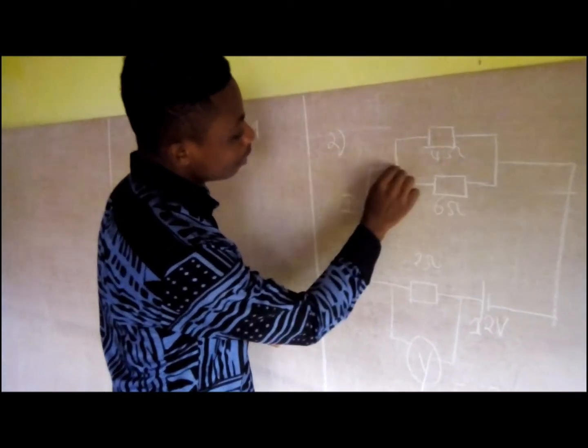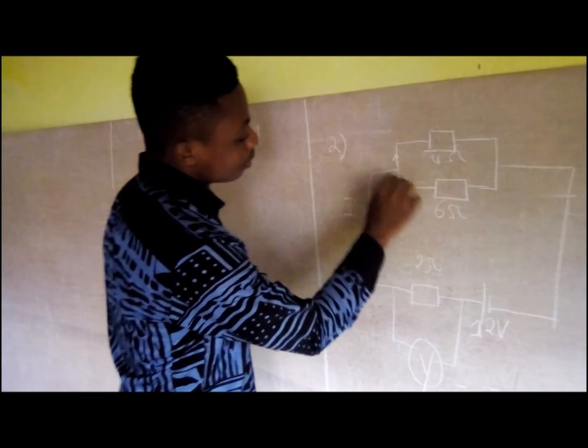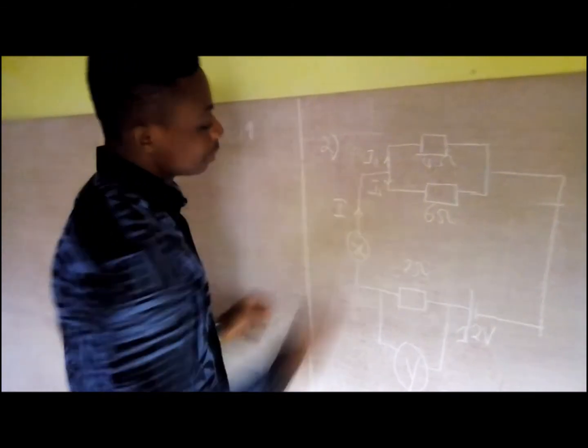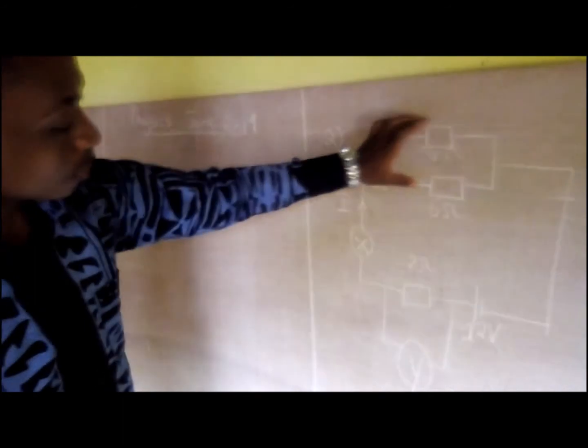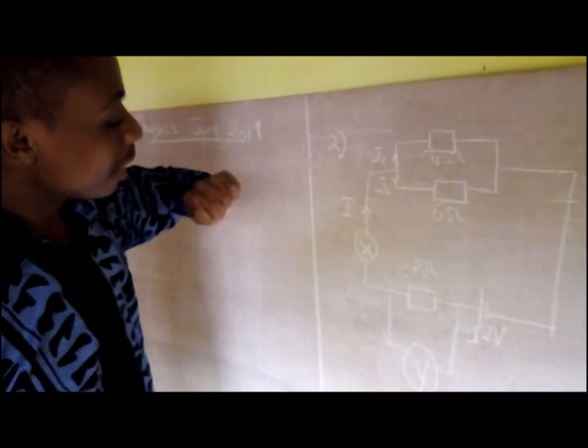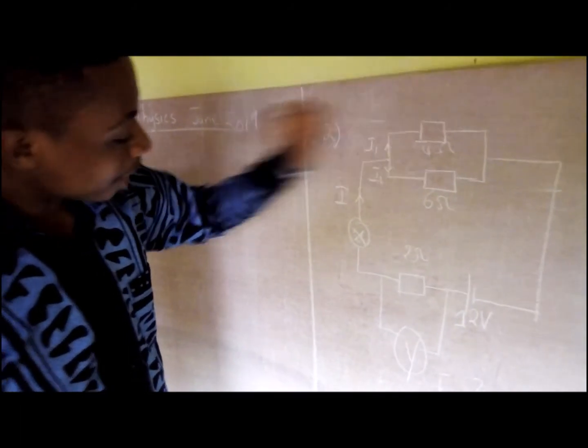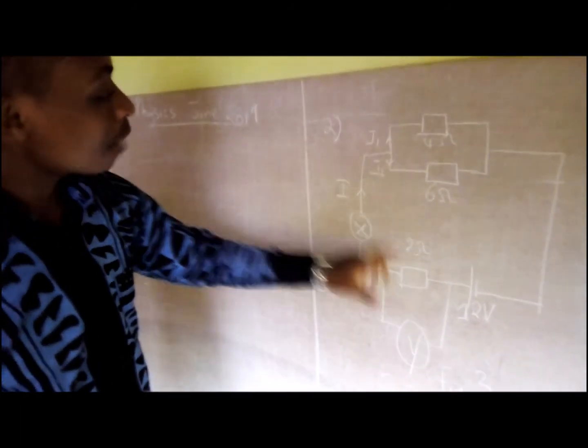This current will come and will be subdivided into, let's say, I1 and I2. The same current is not flowing through them, so they are in parallel. So the aim here is to obtain these resistors in parallel and then add to this one in series. How do you calculate the total resistors in parallel?